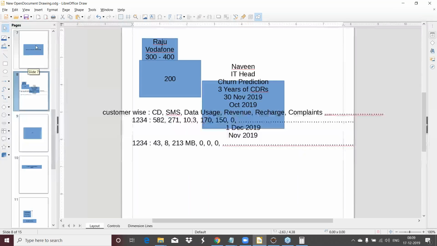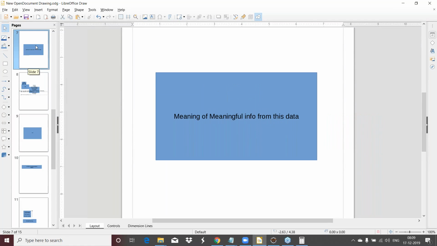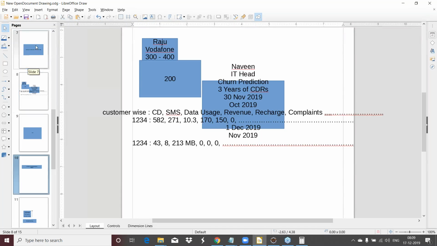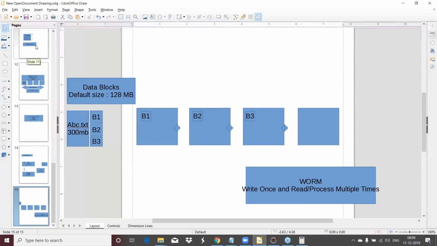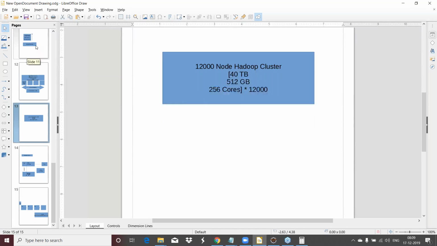So that is what is called the processing. We talked about it very clearly yesterday, why we want to process this data. We said that we want to get meaningful information out of it. So that is the processing. We talked about why we want to process this data using a new system called Hadoop. That is where the processing comes into the picture. No, it is not reading, it is processing. Processing means that, so tell me, if it is reading, was this info?